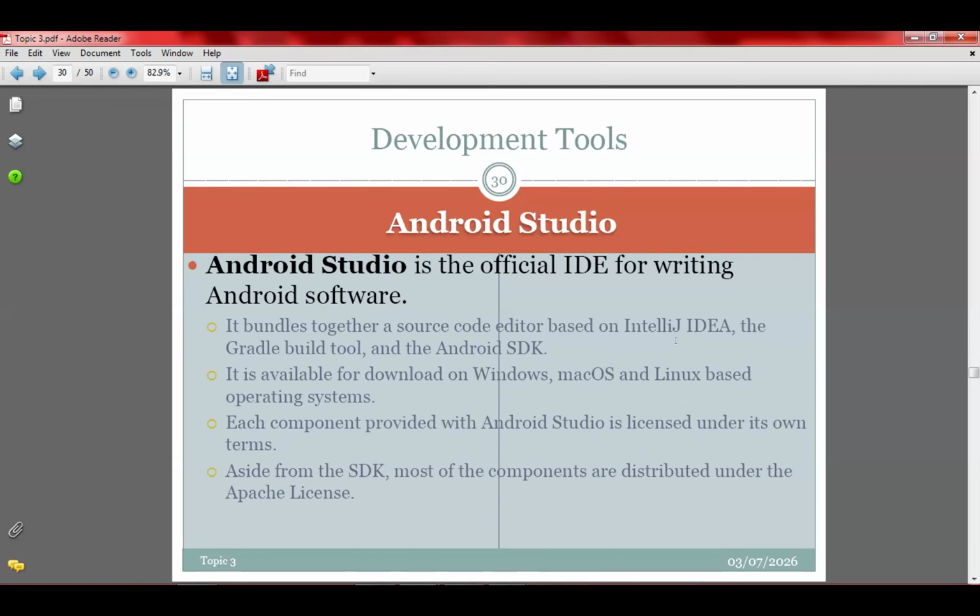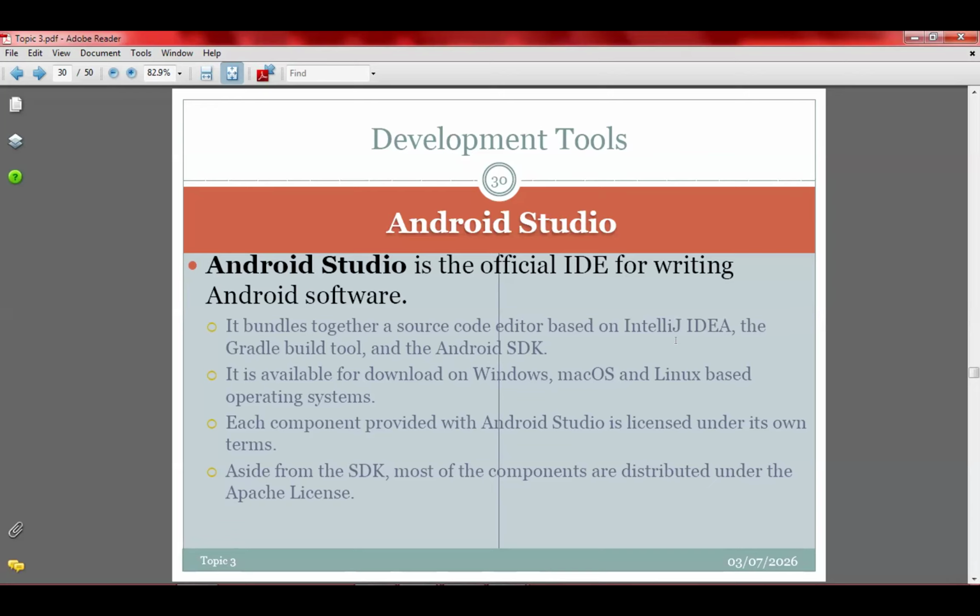The last development tool I wanted to discuss before we come to the installation is what is known as Android Studio. What Android Studio does is convert the program that you have written within the Flutter framework into your Android phone. So once you have the Android phone, it is the Studio, that software, that will convert the program into Android. You can download it on Windows, Mac OS, and Linux operating systems.